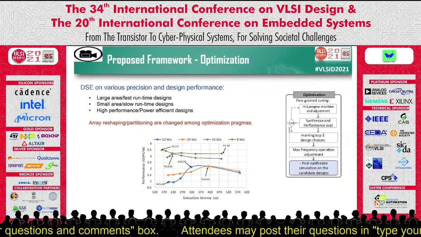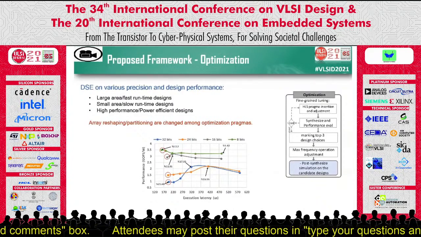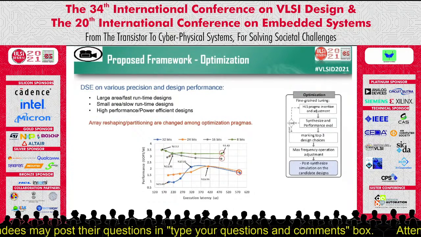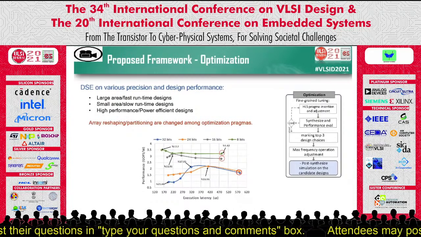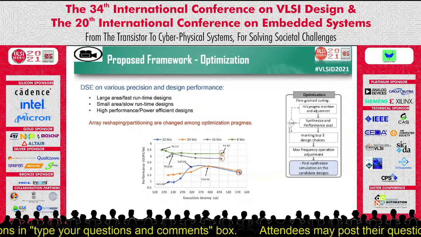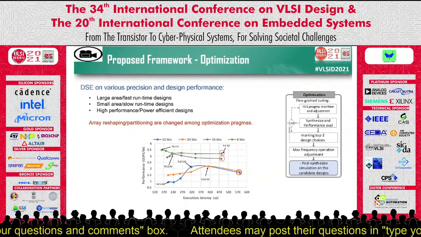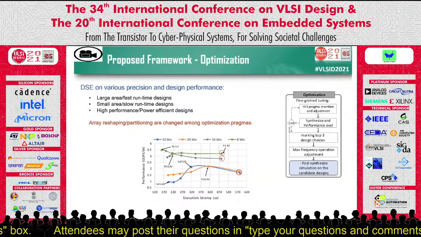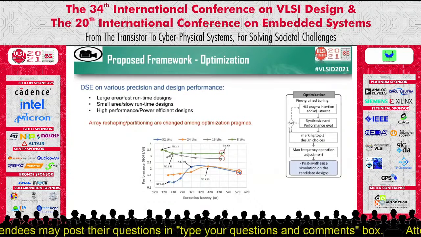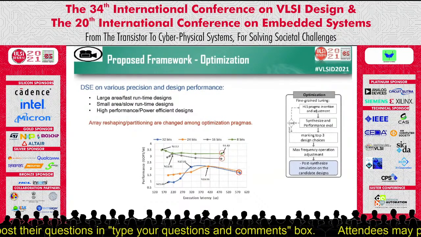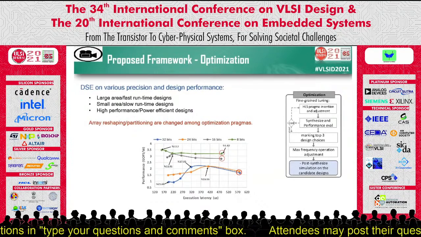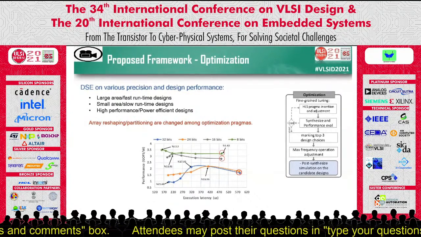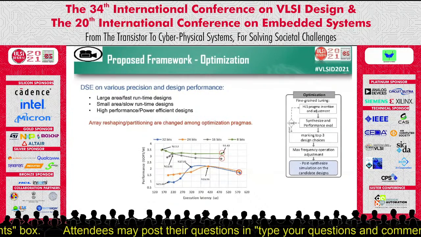some designs come in large area and fast runtime, while some others come in very small area and slow runtime, and other ones come in high performance, power efficient designs. All of the HLS optimization pragmas are mixed in this exploration, and only the factor value of array reshaping and partitioning is changed based on the precision to make a constant memory port data bits. The best tuned parameters can be marked as the highest performance within this design space exploration model.